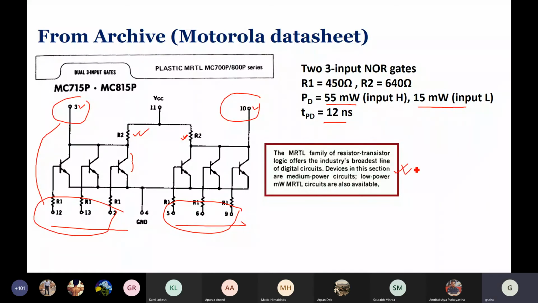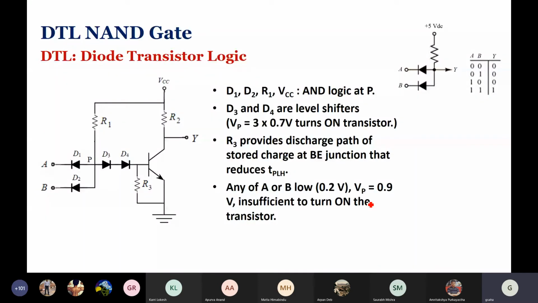Now, as you were asking, what to do if we need to think of an alternative. One is, of course, increasing the number of levels, having parallel stops in place. The other is to look at changing the design. While RTL was the most primitive, the earliest one, and TTL is the recent one that we are using, of course standard TTL and its different variations, which we shall discuss later.